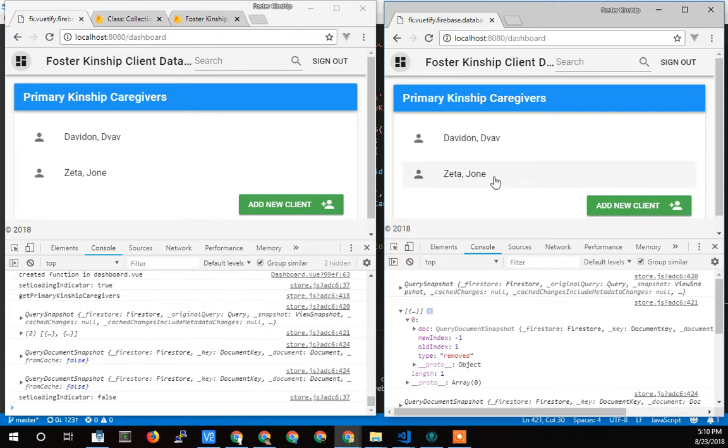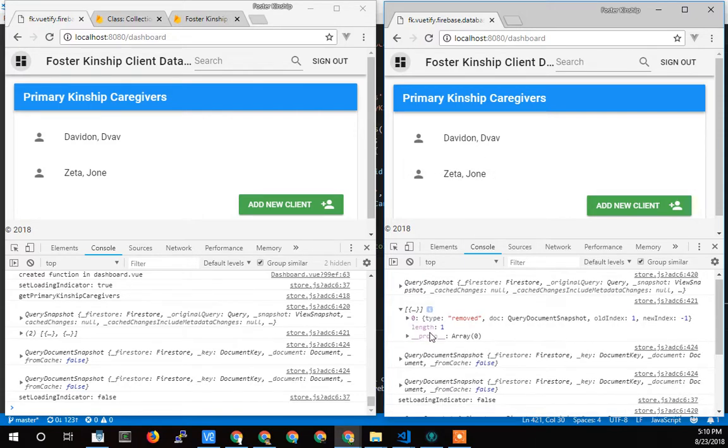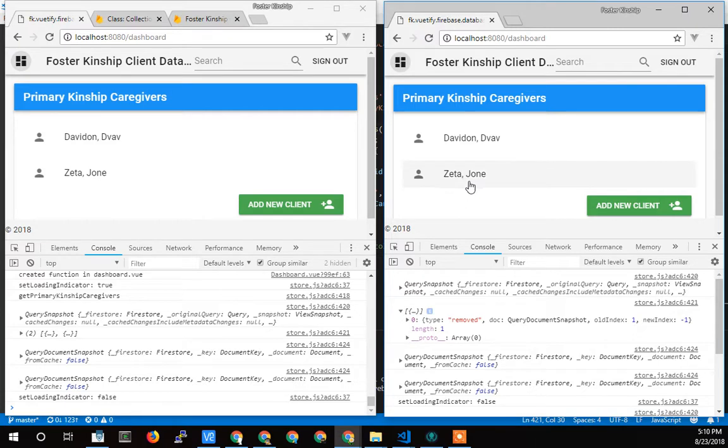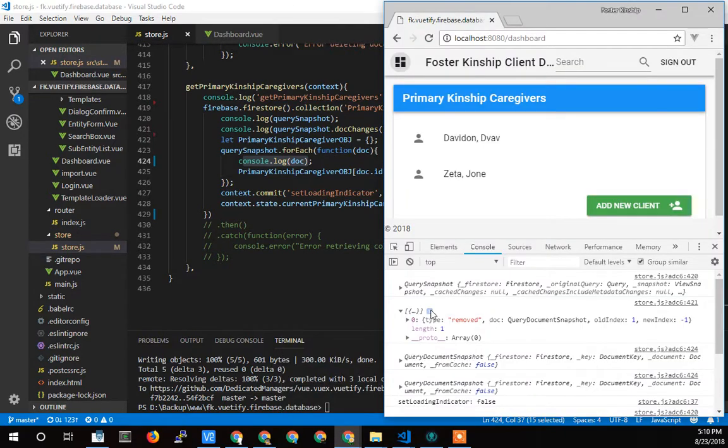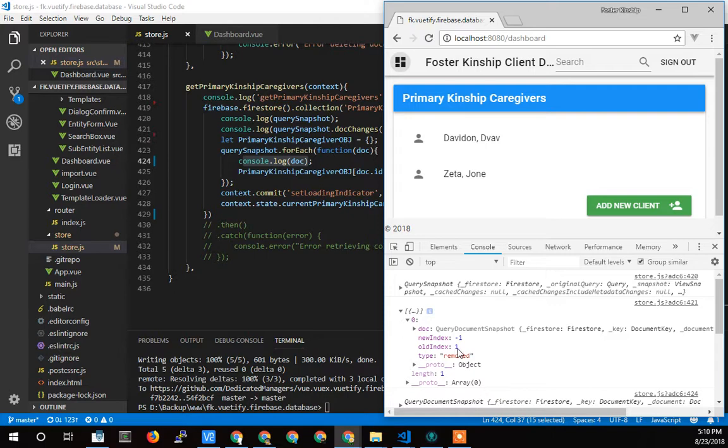Now I should have received some info, I would think, that this one changed places too, but it didn't. I was getting that before, so I'm a little confused there. Just going to gloss over that and forget about it for now. And then what do I do next? So then I still loop over the entities and I console log out the documents. But anyway, this information right here is what tells me what's removed. So it tells me that the old index of 1